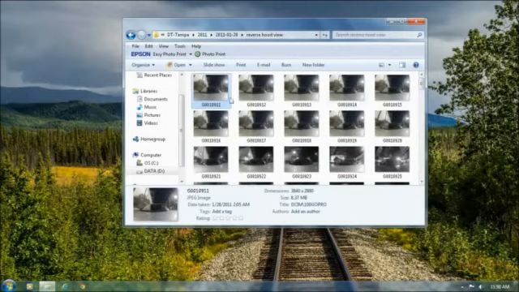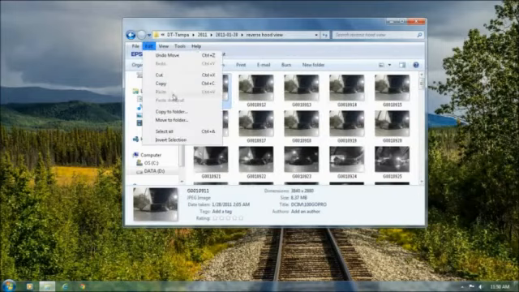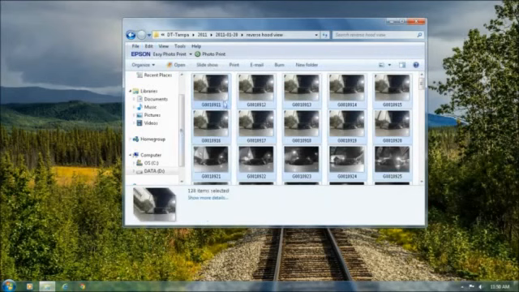So what you want to do is select all, and then click on the open file here for the Windows Live Photo Gallery. And you always want to do a little bit of editing. These files are a little bit rough. I took these with a GoPro Hero 2 mounted to my Jeep, and